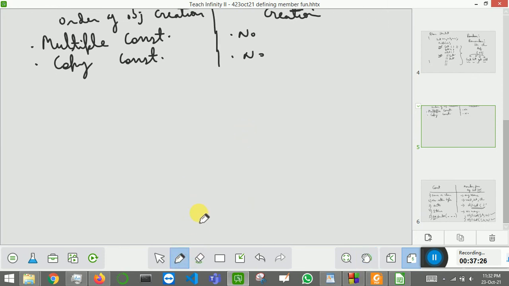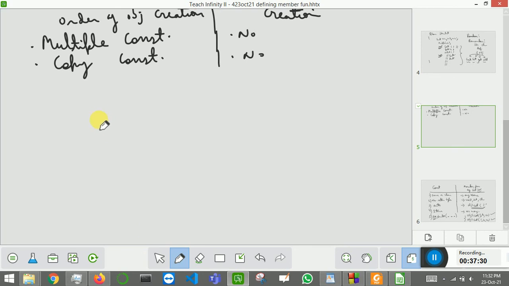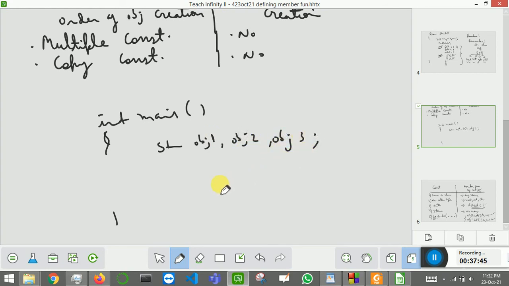Suppose you have created objects inside this main function: student object 1, object 2, object 3. You can imagine that object 1 is created first, then object 2, then object 3.